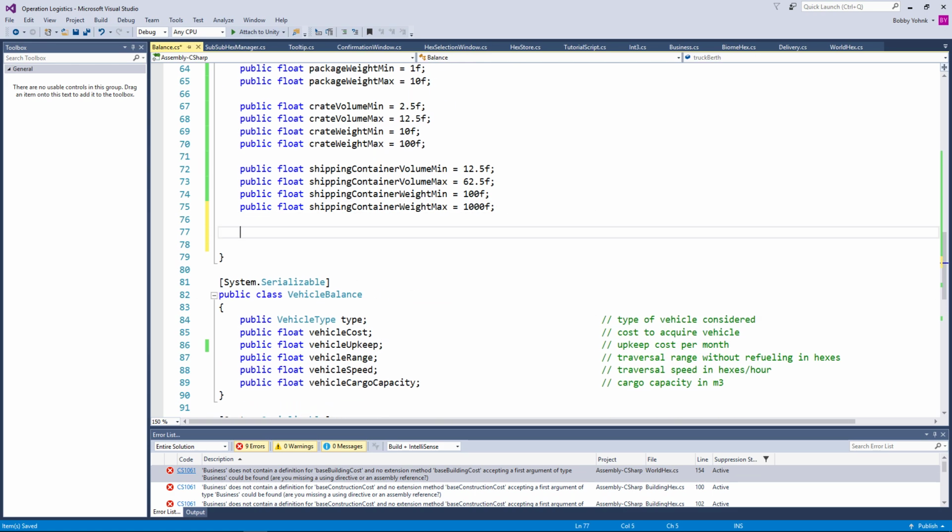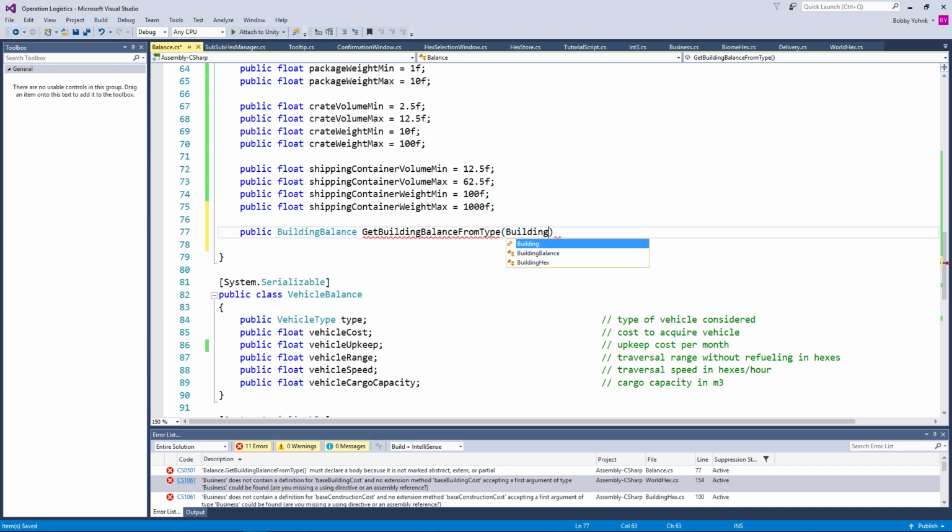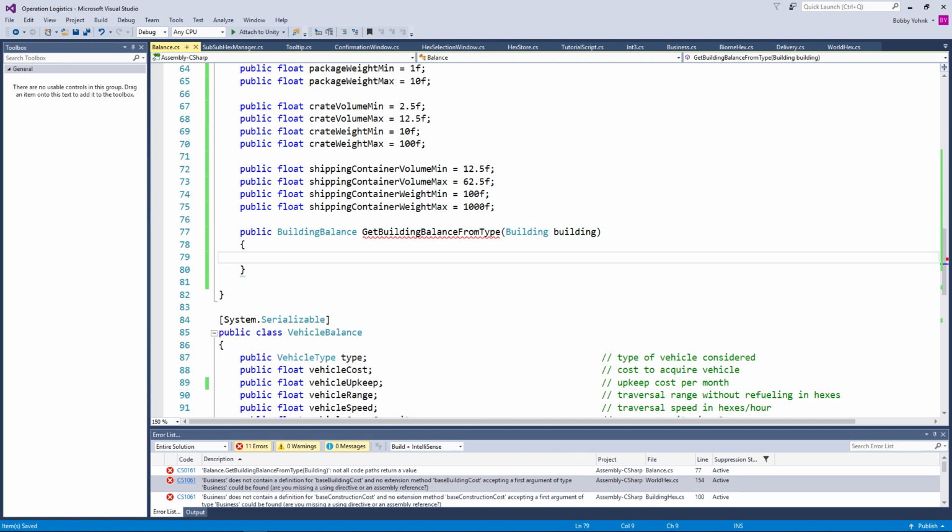So let's go ahead and do a public building balance is our return. Get building balance from type, and then this is going to be building, like so. And then we're essentially just doing a switch statement here. Switch